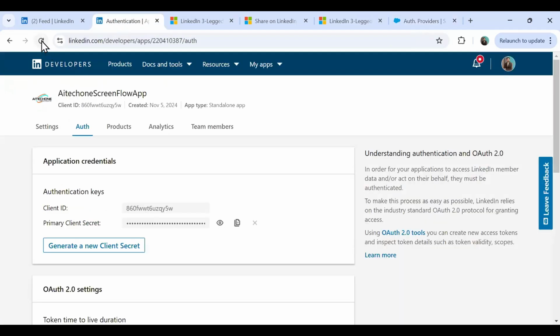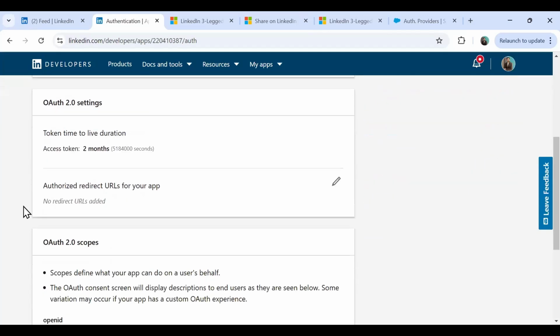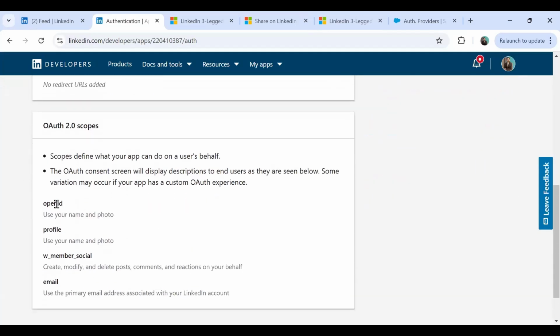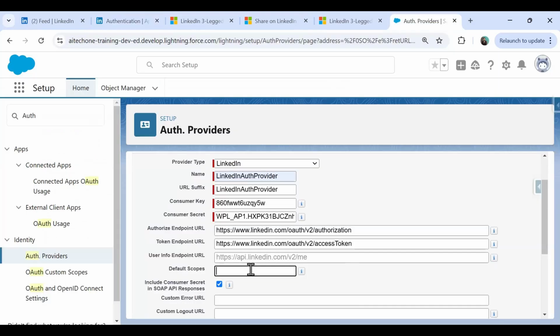When you refresh your page and navigate to OAuth, so open OAuth, and here we have the scope. So the scope we have: open ID, profile, user name and photo, and open ID, create, modify, and delete post, comment, and reaction on your behalf, and email. So I just wanted to pass all these scopes over here, but make sure that we pass all the scopes